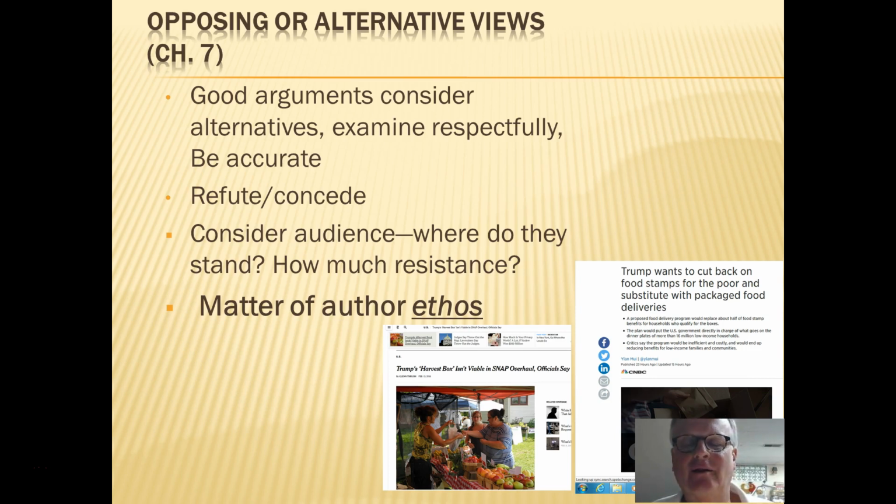And you've also got to look for some kind of understanding of what kind of audience resistance you're going to find. If you look at the two arguments that we have in Chapter 8, you're going to see that one of those arguments, the Catherine Jean Lopez one, does not really consider that aspect of this very much at all. She makes certain assumptions about her audience that color the way that her essay shows.